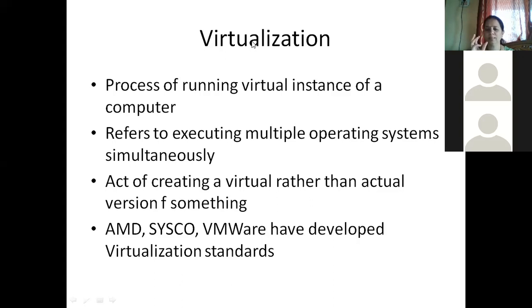To ensure compatibility between multiple companies and users, suppose a virtualization firmware or software developed by VMware could be used only on X computer, or one developed by Microsoft could be used only on Y computer. It should not be like that. On any type of computer, any user should be able to access it. If standardization is not there, each developer will follow his own standard and develop that firmware, which will make it very restricted in use. Instead, if standards are followed and such software or firmware for virtualization is developed,